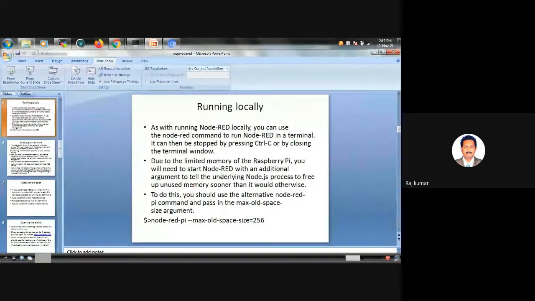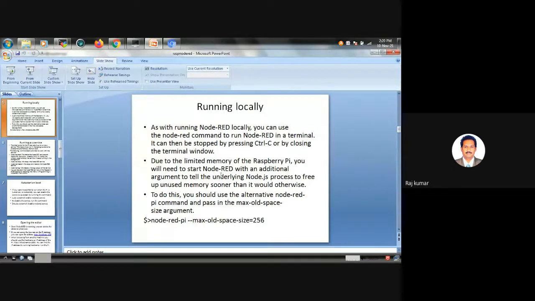Here, as I said, we have limited memory on the Raspberry Pi. When you start Node-RED, it requires a lot of space for the underlying Node.js, etc. Many internal processes, child processes will be executing. If it becomes a problem, we have to remove the unused space.